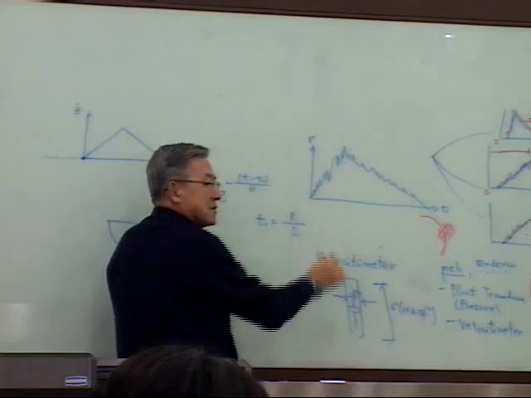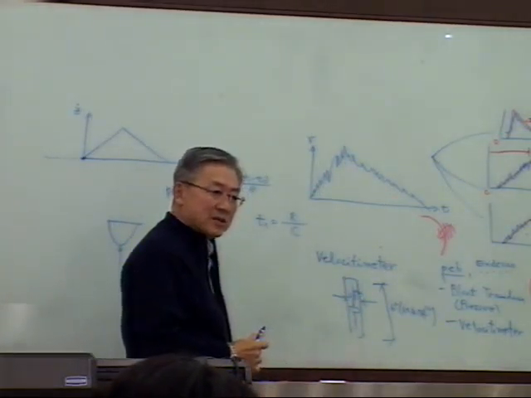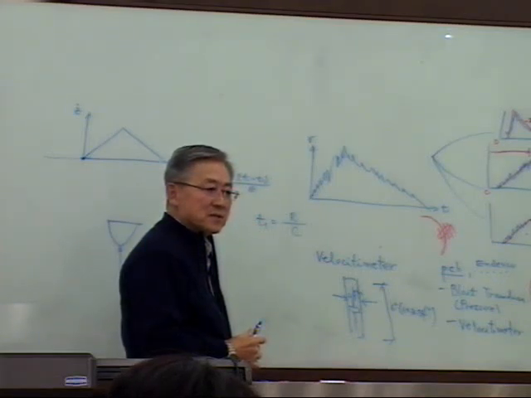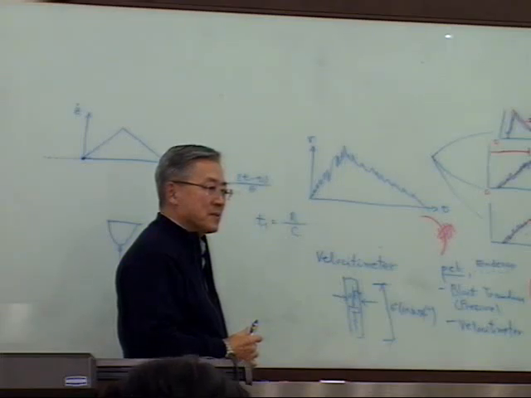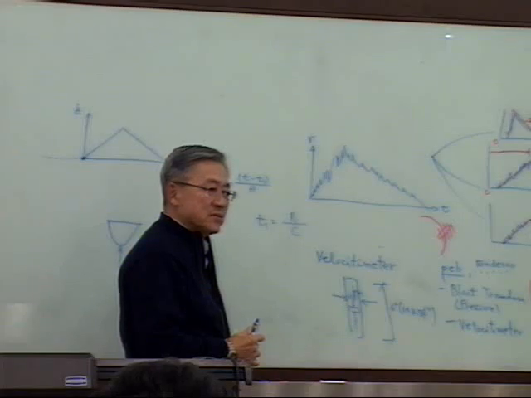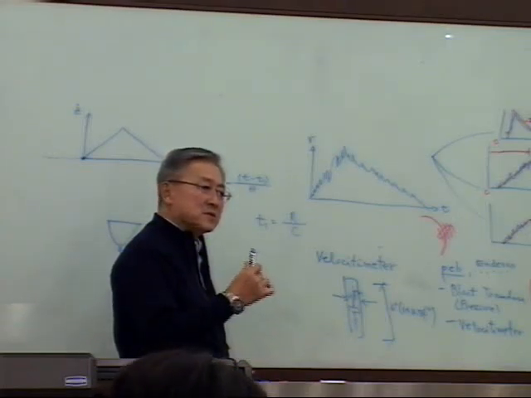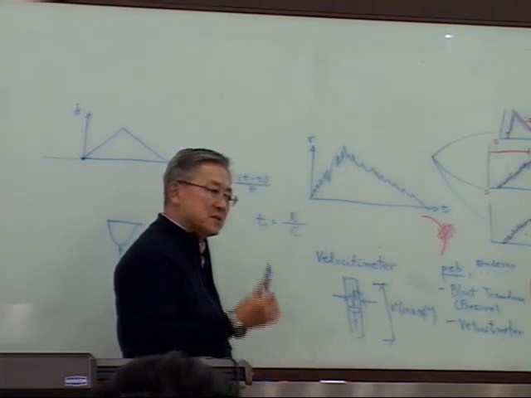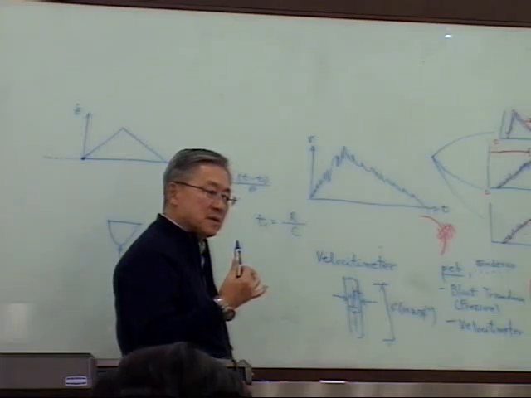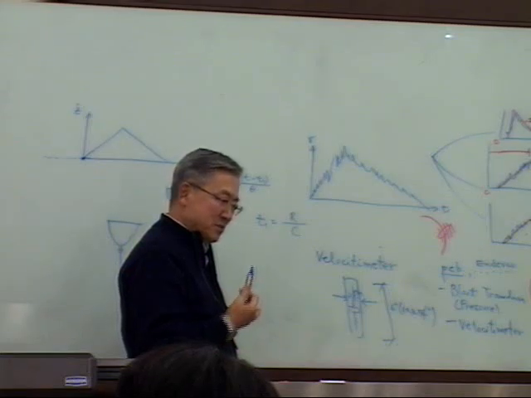R over C, right? What's R? Standoff distance. C is the acoustic velocity in the water. Why use acoustic velocity, not the detonation velocity? The reason we are using acoustic velocity is our work is looking at the target, not the immediate